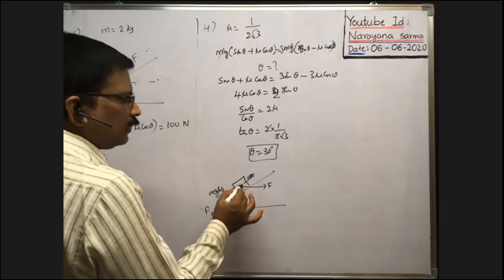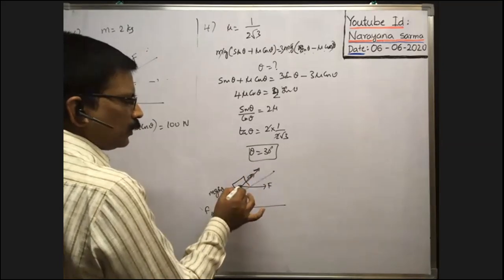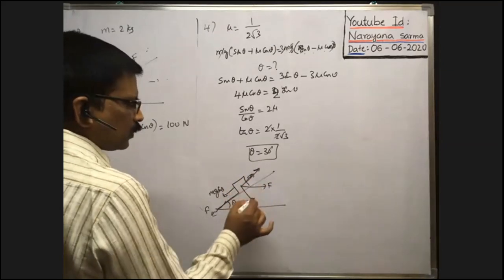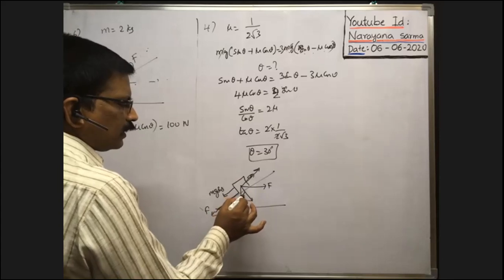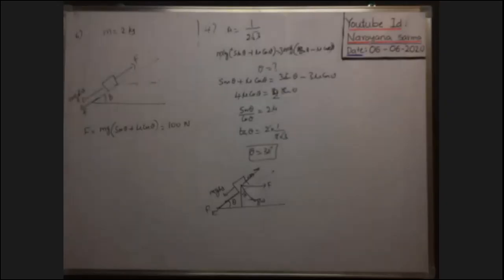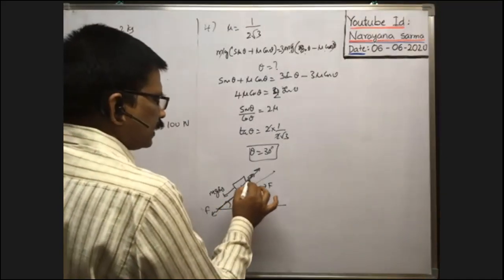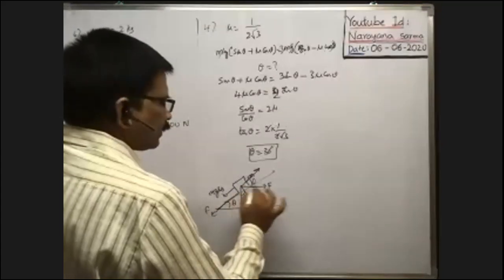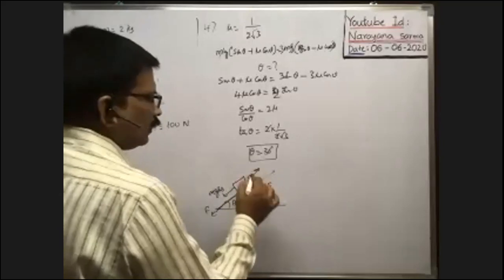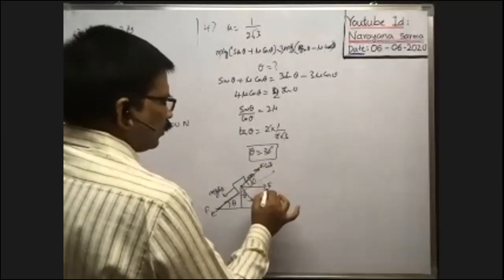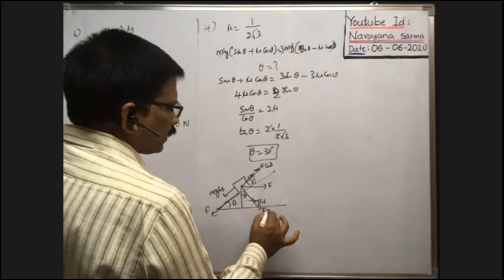So in this case, you see the component of this force along the inclined plane is how much, and perpendicular to the inclined plane, what is the component of this force? Here we already know this is theta. Then the weight component mg cos theta acts here. If it is theta, then this is equal to theta, because this is a horizontal line and this is inclined, parallel to the incline is this one. That's why it is equal to f cos theta. In this direction, f sin theta is there.